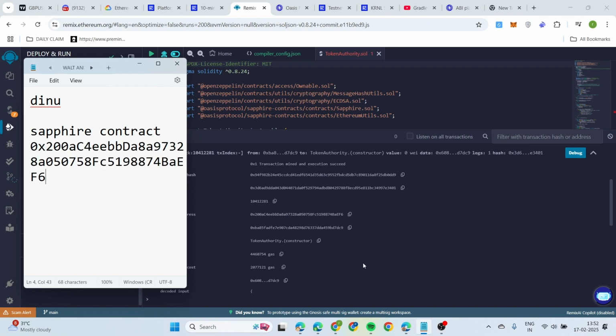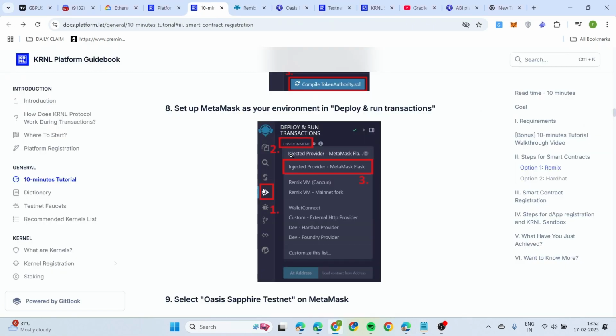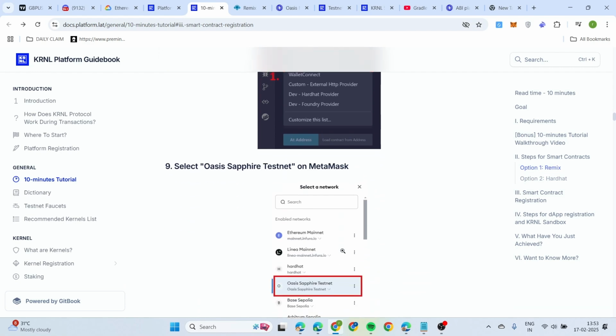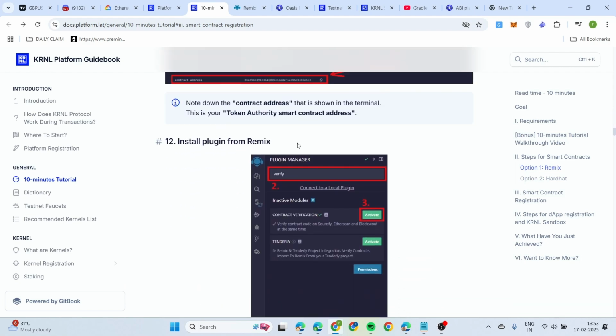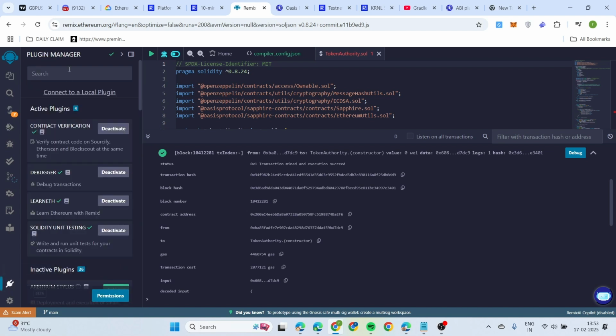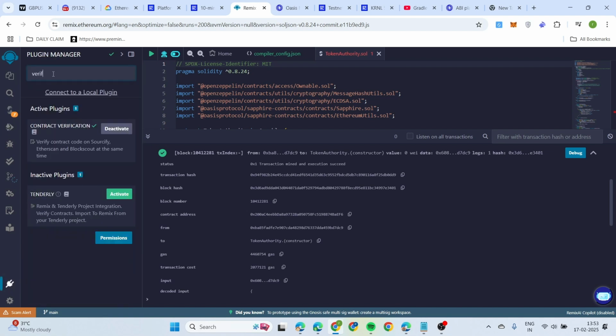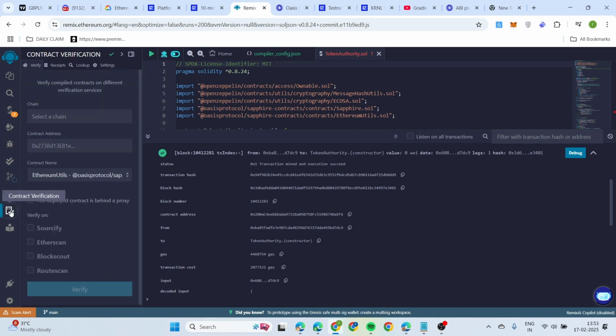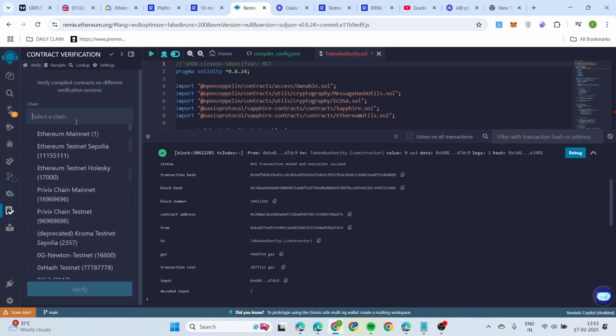Okay, and the next step, we need to verify the contract. So just click the plug icon, go here, search verify. Just click the activate button. In my case, I already activated. So once it's done, you have to click this contract verification icon. Here you need to select the chain